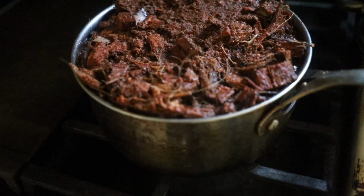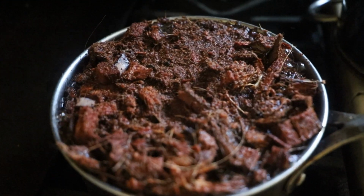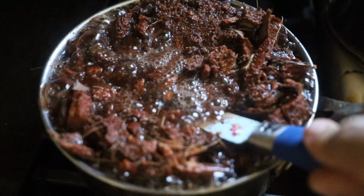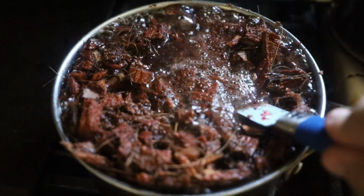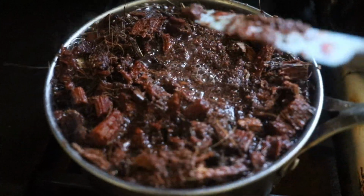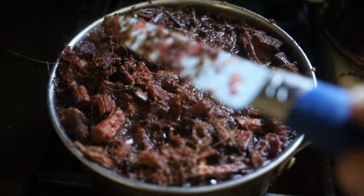Alright guys, so this is coming to a boil, which is very nice, which is kind of what I wanted, and I'm using a knife to soak in the coconut husks. This is kind of what I wanted. We're gonna let this keep boiling for a little bit longer, and then once it's done, I'm